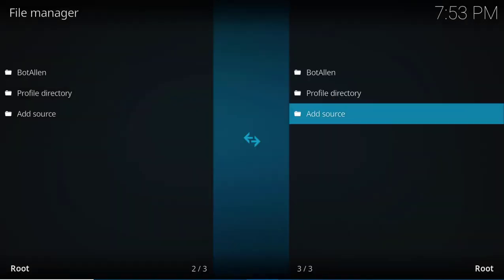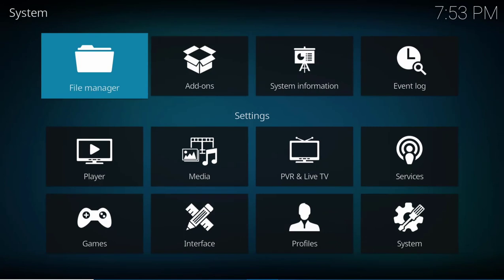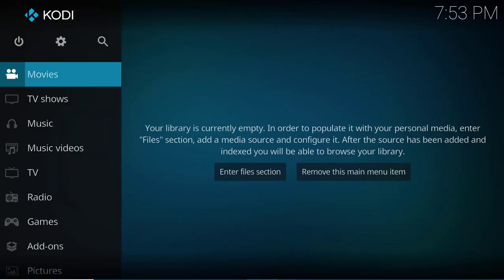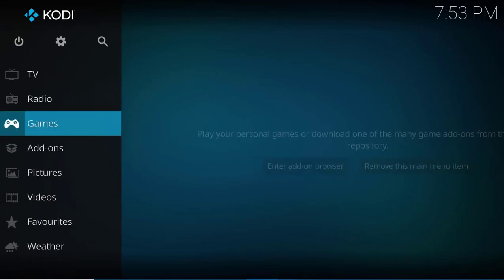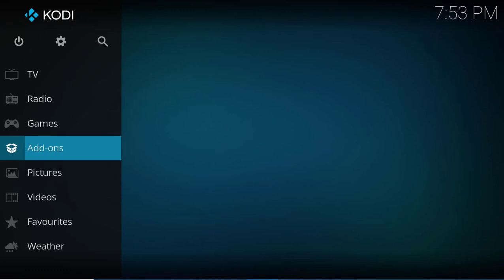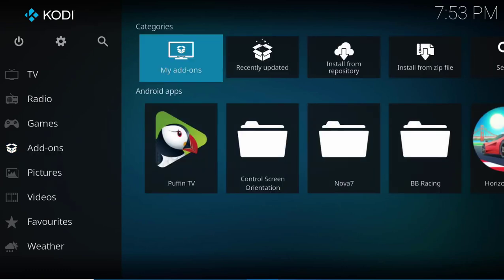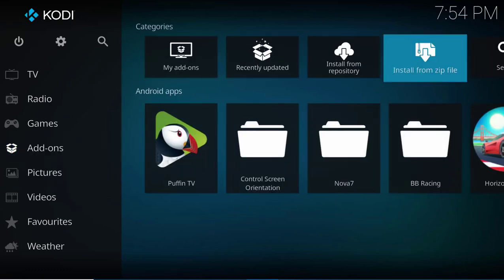After that, go back to the home screen of the app and select add-ons here. Then go to install from repository, install from zip file.